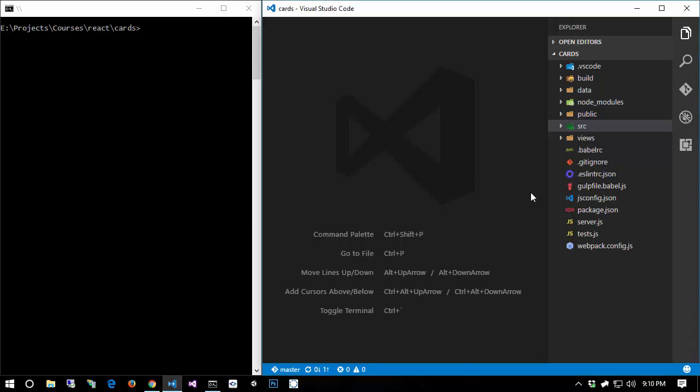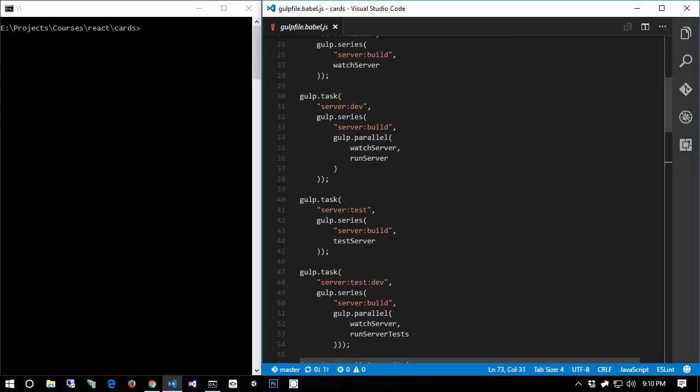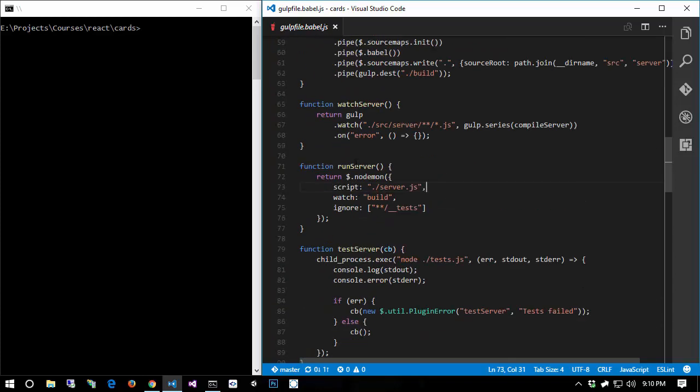So what we need to do is jump into our Gulp file. We need to locate where we run our server, which is in the function, not surprisingly, called run server. And notice how it returns gulp nodemon, an instance of nodemon which is going to execute our server. Now here's the problem. The problem is that nodemon will launch our server code into another process, but it won't